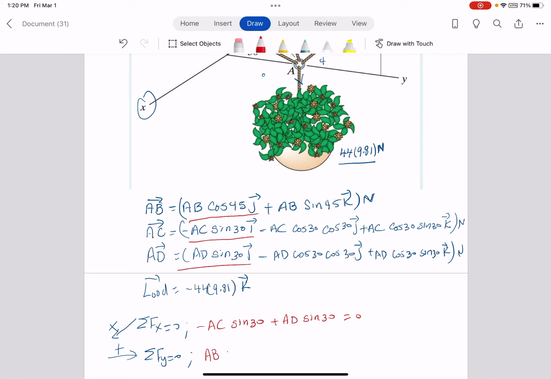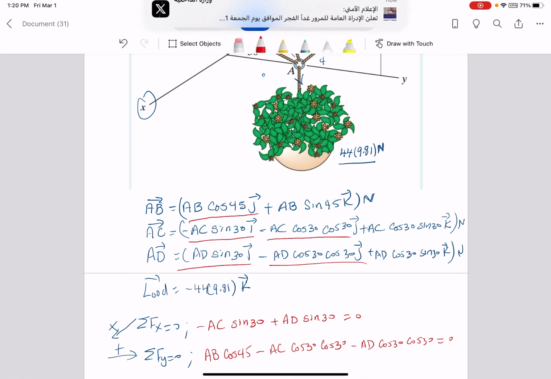Okay, so now y, we have this one: AB cosine 45 minus AC cosine 30 minus AD cosine 30 equal to 0. Last one,